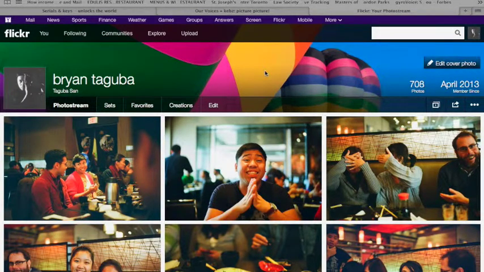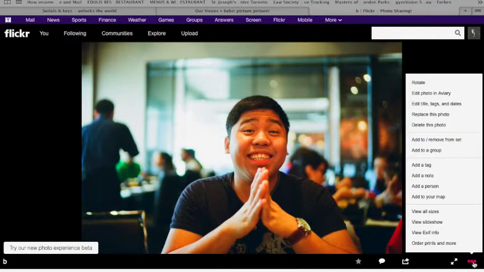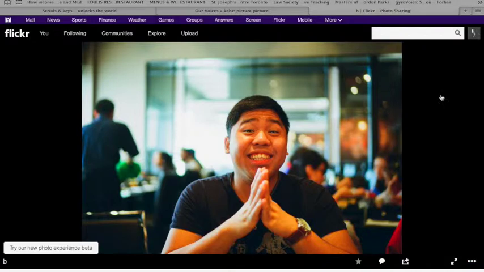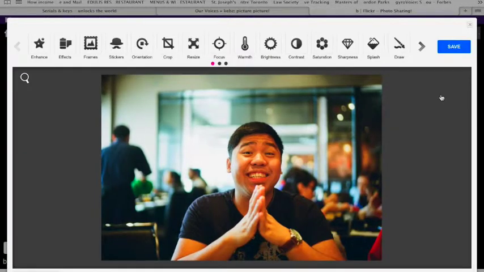So for example, I wanna enhance Mako here, and once you pull out this preview page, where you have the 3 dots over here, this gives you a bunch of options. And what I want you guys to remember is edit photo in Aviary. The Aviary is the component of Flickr that I'm talking about that lets you edit your photo right into Flickr, right? Okay, so once you're in Aviary, this is how it's going to look like. This is also self-explanatory,